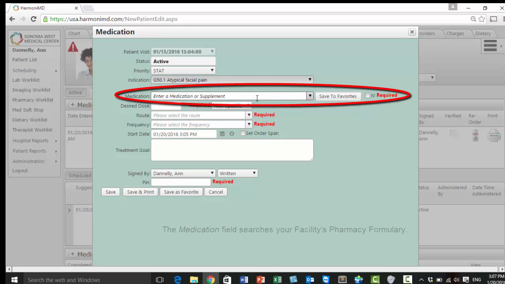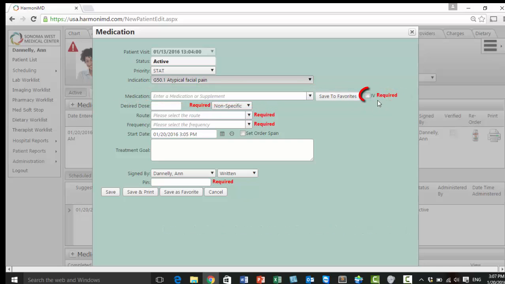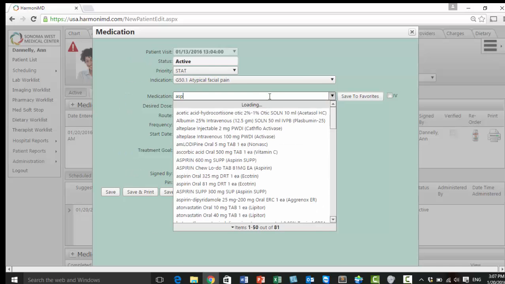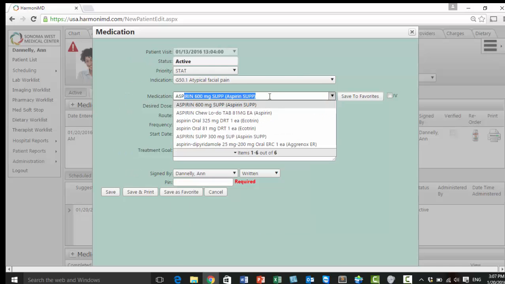The medication field is a lookup field which searches your facility's pharmacy formulary. If you want to limit your search to just IV meds, check this box. Begin typing the medication you want to order and your list of choices will narrow. Let's say we want to order aspirin. As I type, the list reduces to 6, the 6 aspirin choices in this facility's pharmacy formulary. I select the one I want,